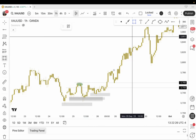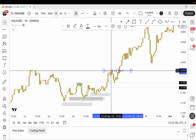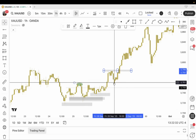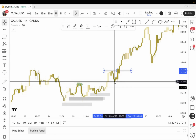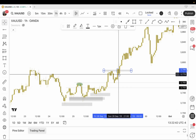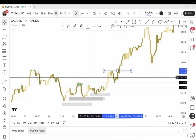So now we know sellers are in control of the market, or sellers are pushing price, or trying to push price back to those 760 levels. That's okay. We have buyers at this level. So this will be our indication, correction, and then price once again pushes back above this level and gives us more high. So all of this is just me showing you